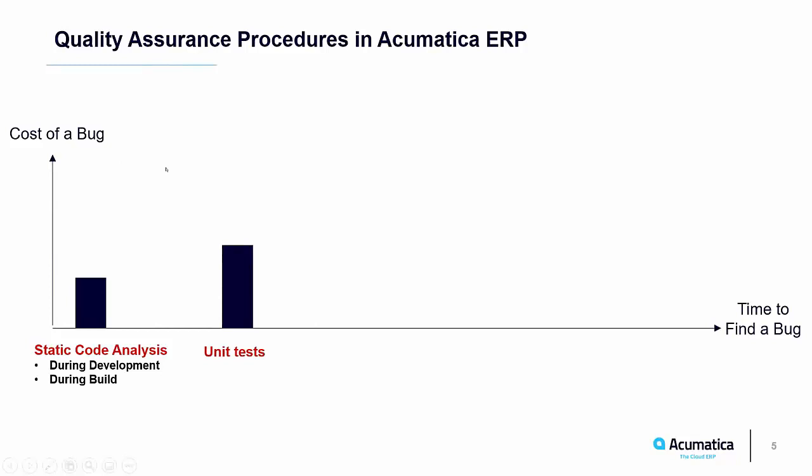So the next step on the chart is unit tests. Unit tests are very fast and small tests that a developer can write and execute during the development. Although it's still during the development process, the developer first needs to finish the block of code he or she is working on to be able to compile the program and to run it and to run unit tests. Usually unit tests run within seconds, and it allows